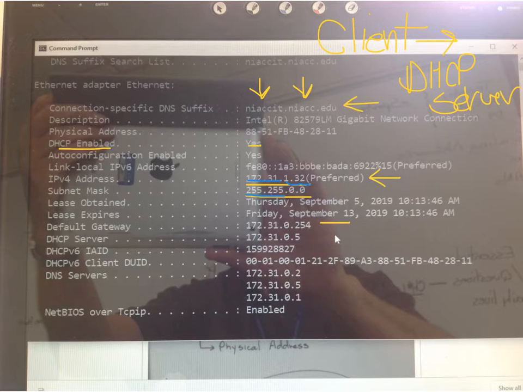This is the default gateway. This is the address to go to if you can't find what you're looking for in your local network, in your current network. This is the DHCP server. This is the place that dishes out addresses when enabled and then dishes out this information here. It also sends out the DNS.